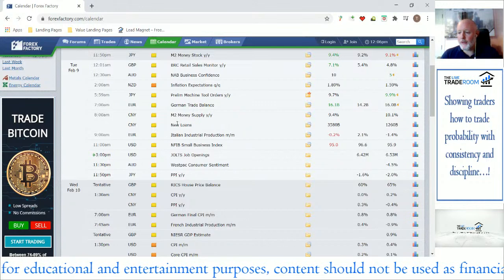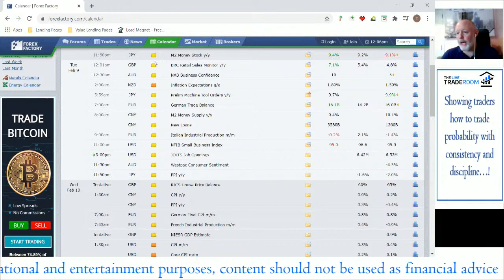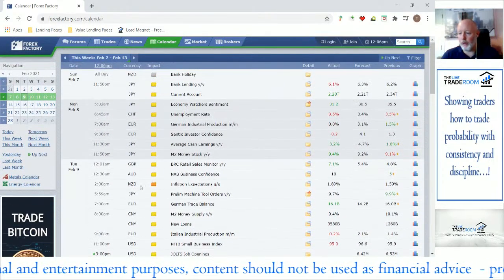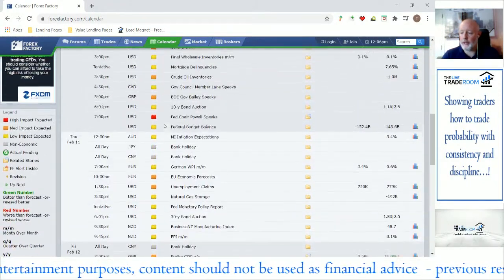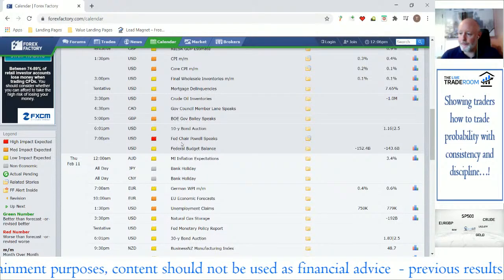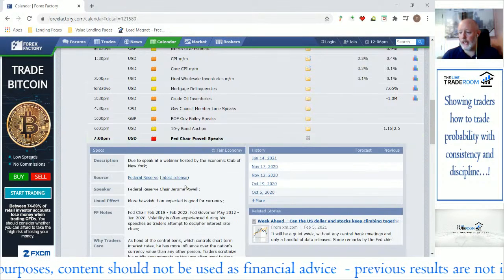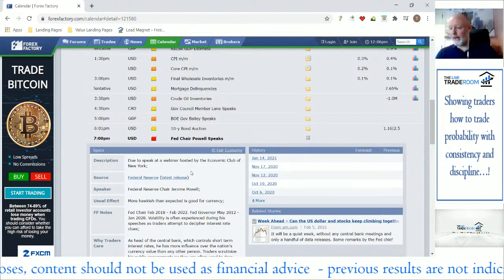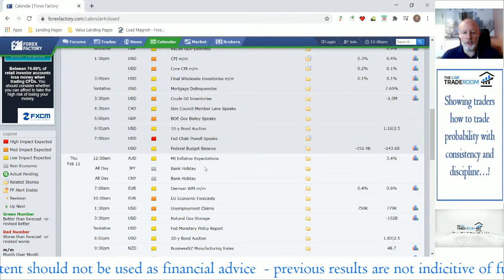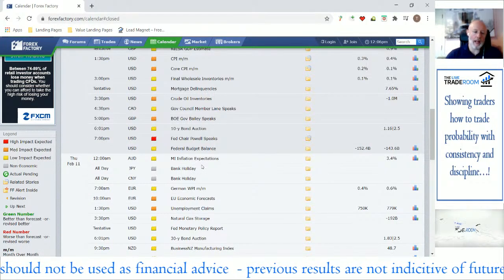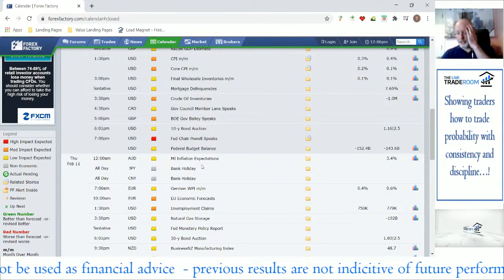So from a data-driven perspective, there's very little to have to contend with. The next very minor, and we look at the impact. We're interested in the orange impact events and the red. So, for example, tomorrow we'll have Chairman of the Fed, Jerome Powell, due to speak, and you can get some information on here. He's due to speak at a webinar hosted by the Economic Club of New York, and really the markets do tune in to see if there's any clues we're given to potentially future monetary policy decisions and